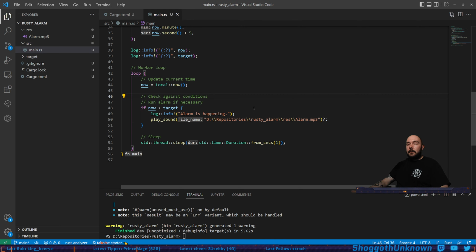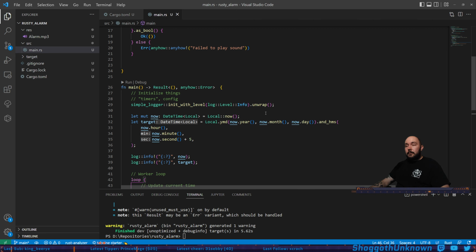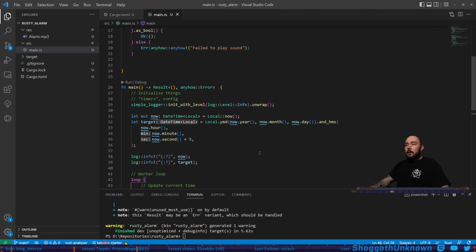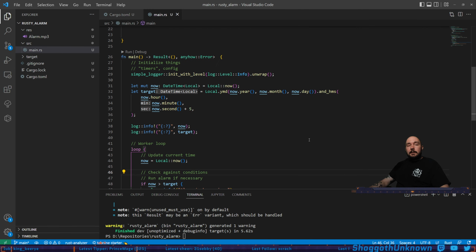Boom! There we go. Okay, so we'll walk through it all here in just a second now. I'll zoom in a little bit more. Okay, so this is, again, what I'm calling an alarm thingy. It's basically an alarm, and it's written in Rust, no JavaScript. So what we do is we start out, I just make a logger, and then